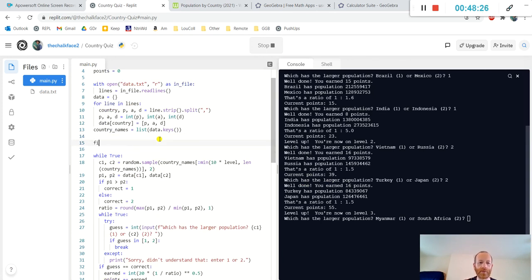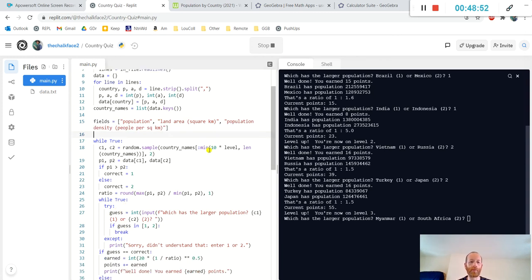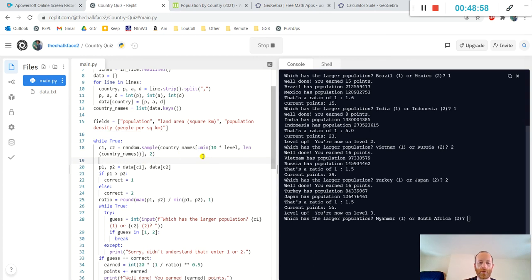Data types, or perhaps fields, would be a good thing to have here, so that we know what we're asking about. Population, land area in square kilometers, and the other one will be population density, people per square kilometer. The reason I'm including that is so that we can modify our question. We might decide randomly at the beginning not only which countries to choose, but also which type of data we're going to look for. So field would be a random, let's say random.choice